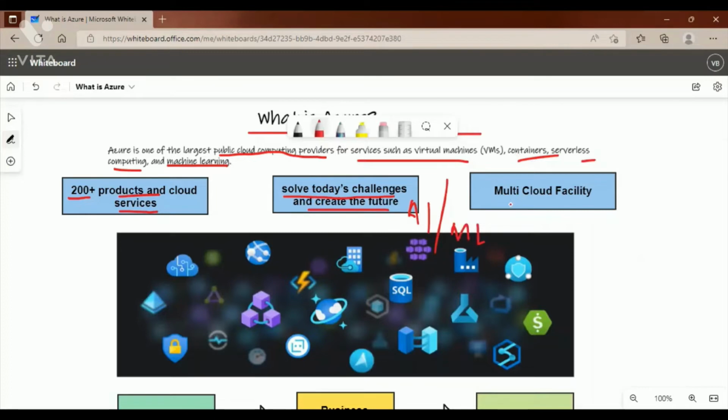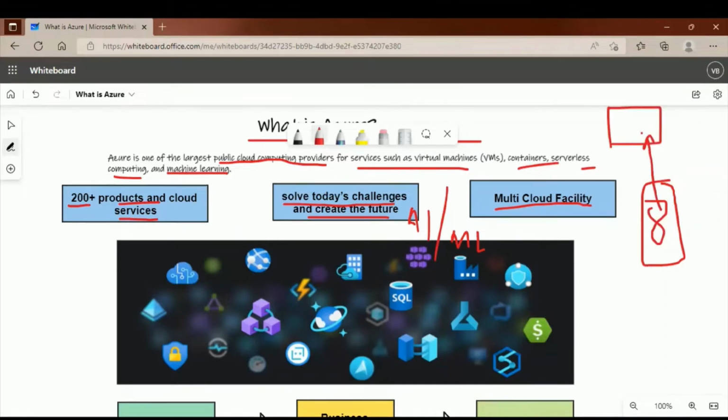etc. And Azure has multi-cloud facility, which means that suppose an organization or enterprise business startup is currently working with on-premises infrastructure. Now, to reduce the capital expenditure, they want to shift all their infrastructure to the cloud. This will help the organization to reduce the capital expenditure and only focus on operational expenditure. We will discuss later in brief how they are getting such benefits from Azure cloud computing.